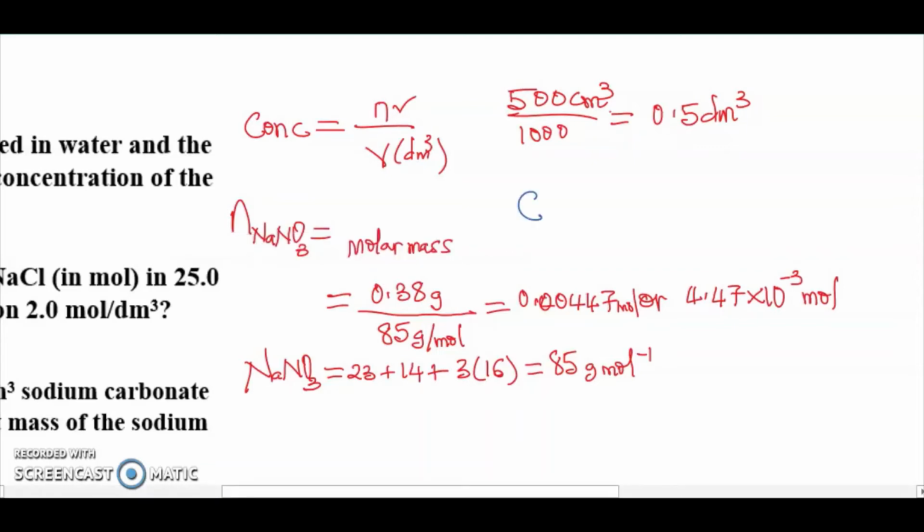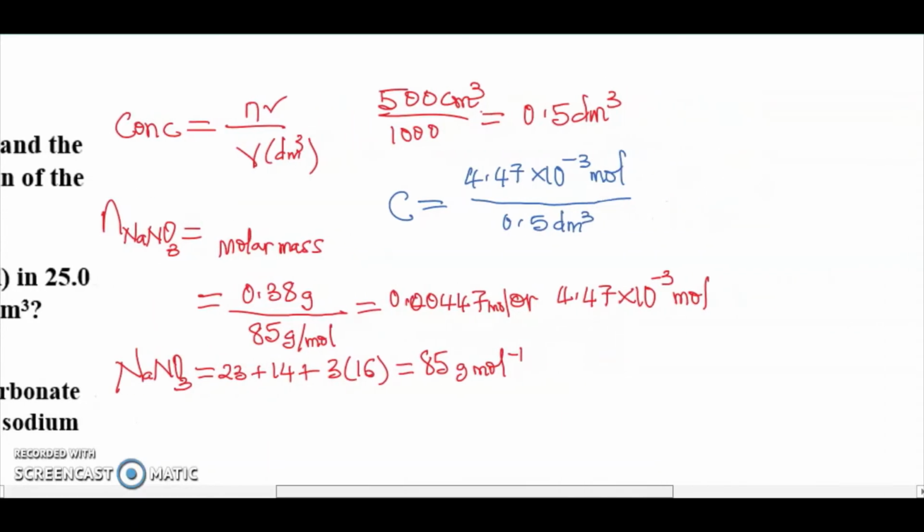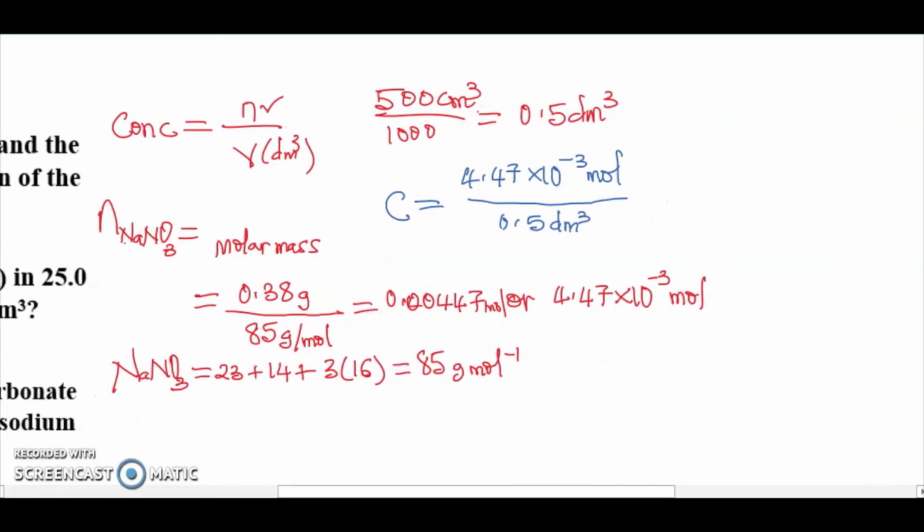So concentration will be equal to the number of moles that we have here, 4.47 times 10 raised to the power minus 3 mole, divided by 0.5 dm cube. So what does that give us? It gives us 0.00894 mole per